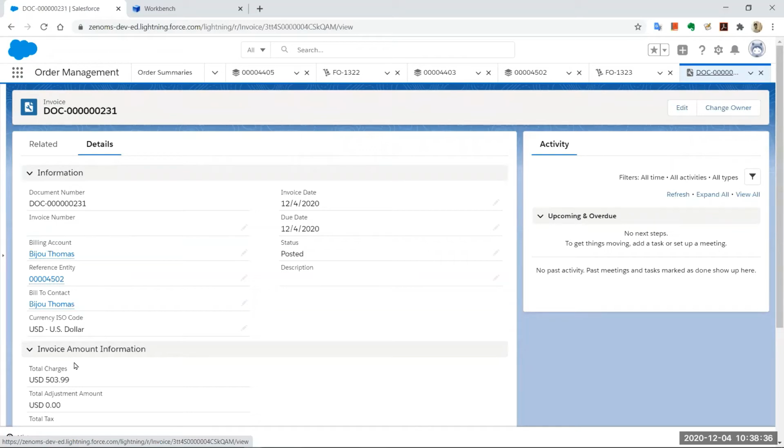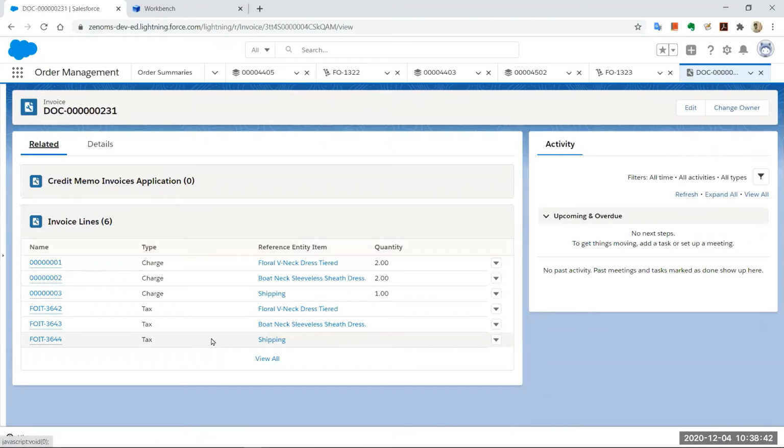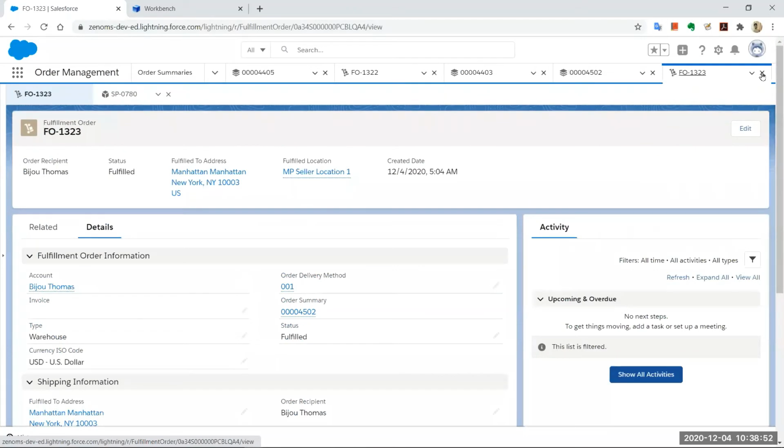So there's invoicing that is given. You get the invoices. It gives you the breakup of charge and tax. All of that is available. But this by no means should be read as a replacement to your ERP. This just gives you the required data model and the elements which you would need to then pass it on to your ERP systems, right?